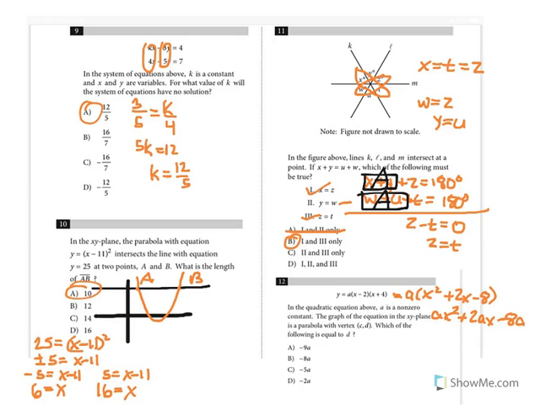Now, here's where we really have to know our parabolas. In order to find the vertex C, D, we need to find our axis of symmetry. So our axis of symmetry is x equals negative b over 2a. So that means x equals negative b, which is 2a,